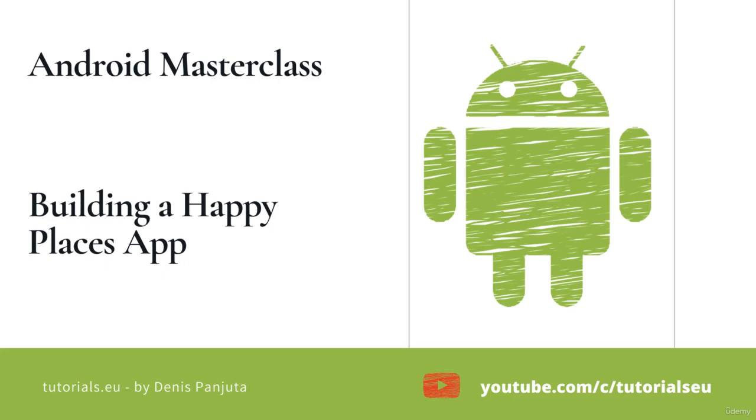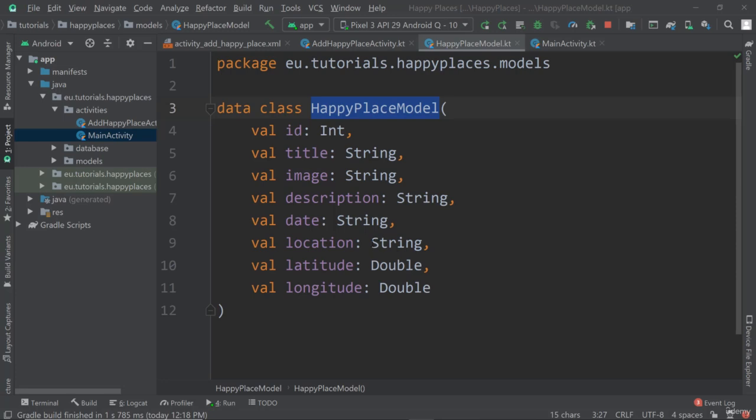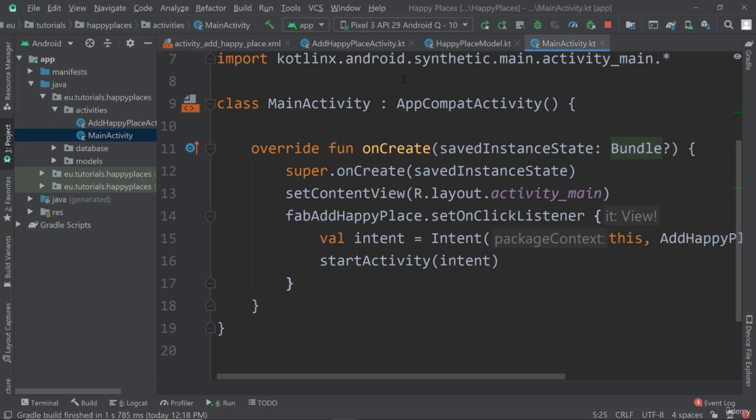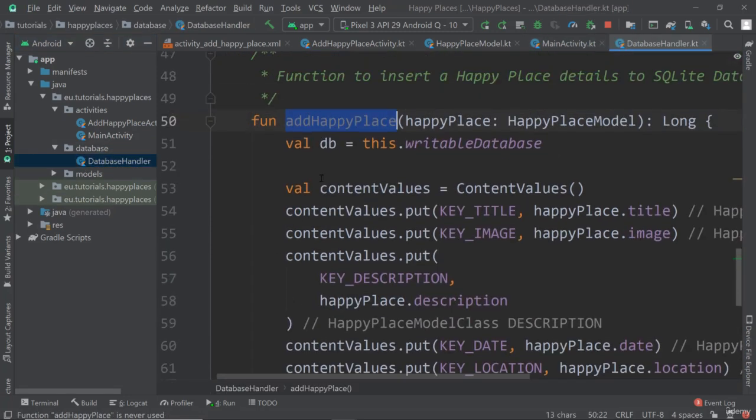Welcome back. In the last video we saw how we can add the entries to our SQLite database, and now let's have a look at how we can retrieve them. And you already know how to do that if you followed along with the course, but let's still do that in this video. So where we are going to need that is in our main activity, but where we are going to pretty much create the function in order to get all the happy places is going to be in